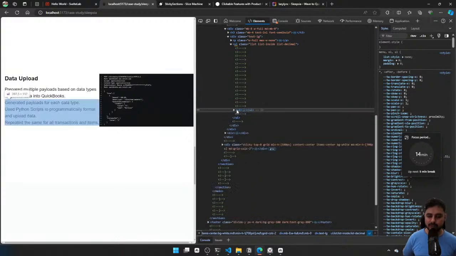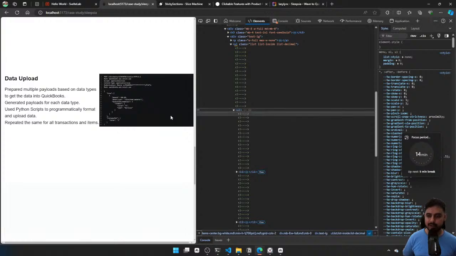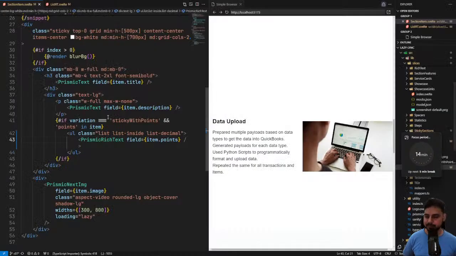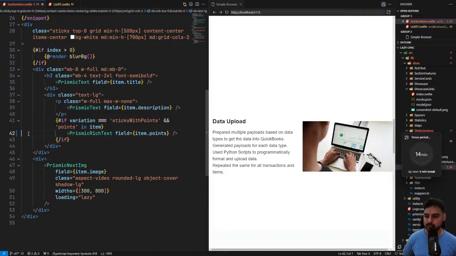Okay, so it is already wrapped in a UL, and that is why we are having this problem, which is not a big concern. We'll just have to use